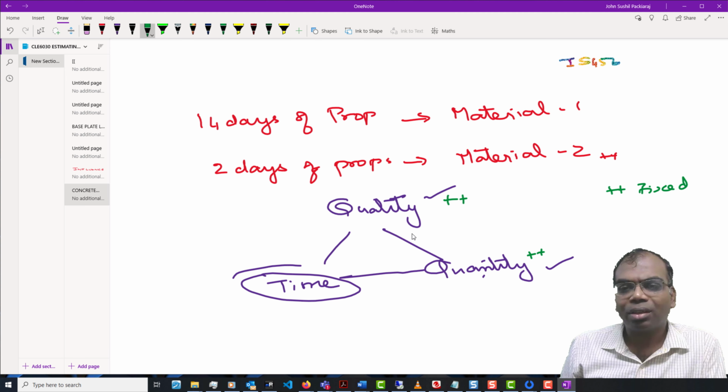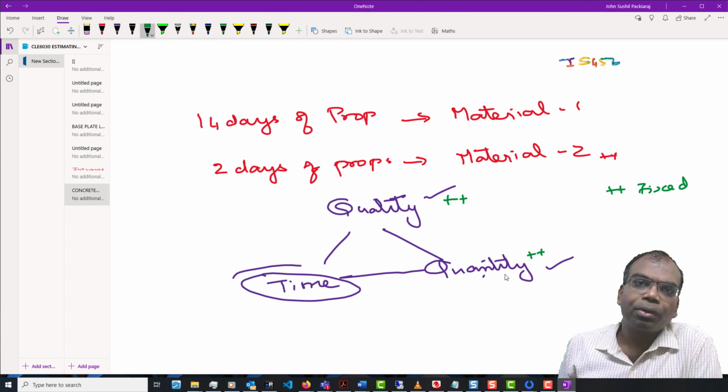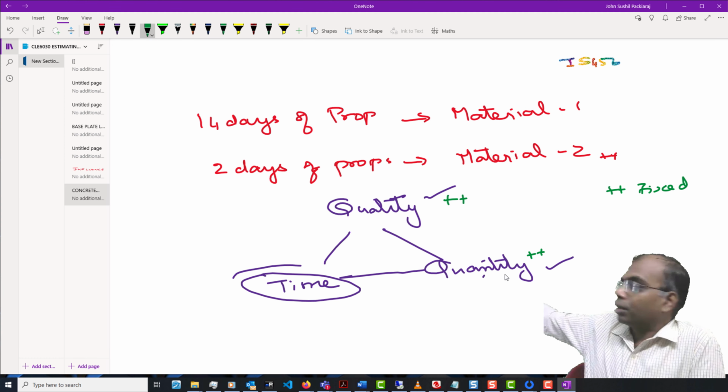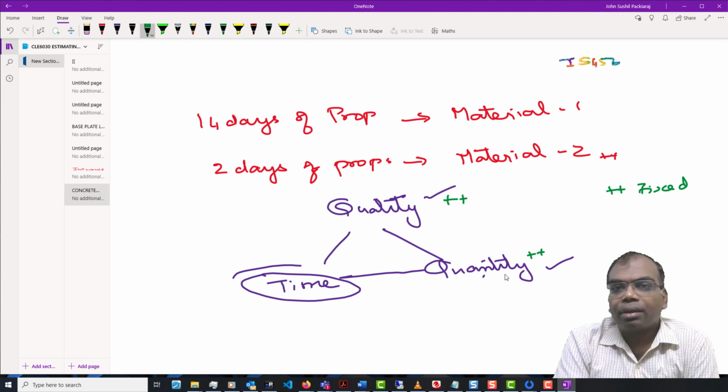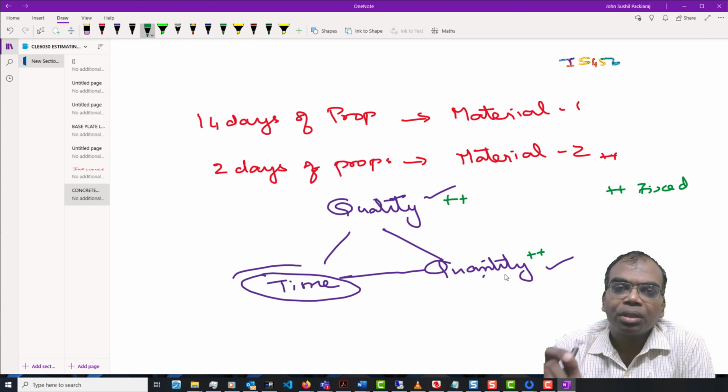So for each of these two things, both for the quality and for a specific quantity, there is a cost involved. The cost went up, but there was a very big saving in time, in spite of accidents, in spite of unfavorable conditions. The contractors managed to make it on time. I just want to stress that we as contractors are in a very good position to save time or lose time. That is entirely in our own hands.